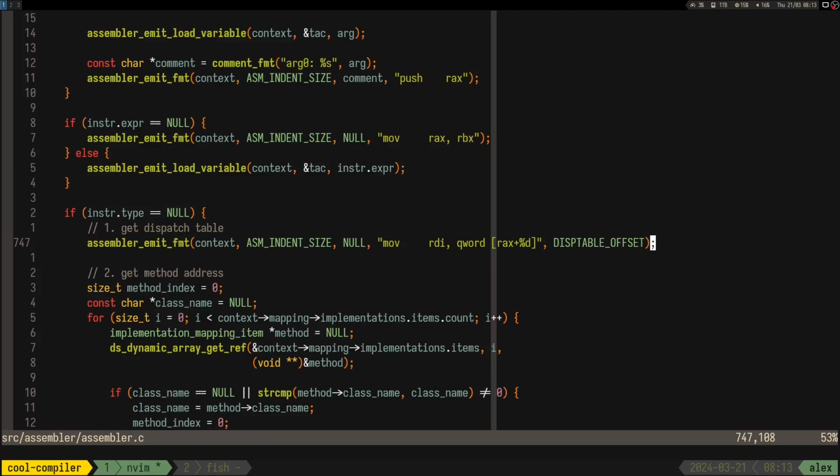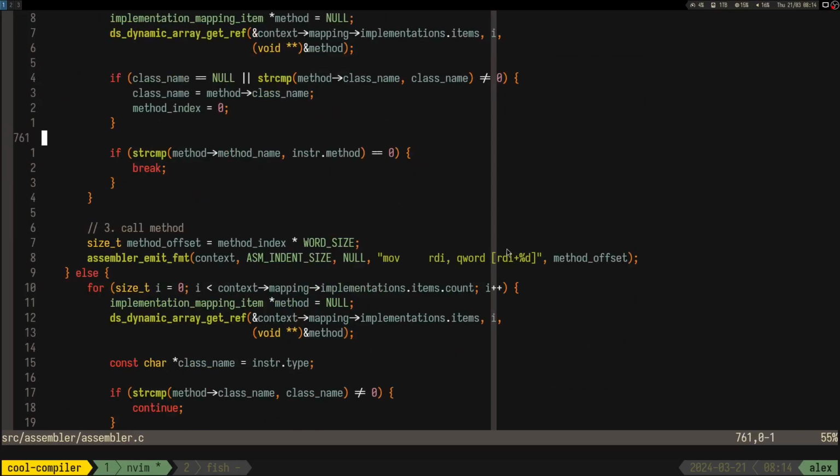So we get the value where it's in memory, like the first value in the dispatch table, which is a pointer to a function. And then here, if we add the method offset to the dispatch table, we get another address. So we should probably just load address,